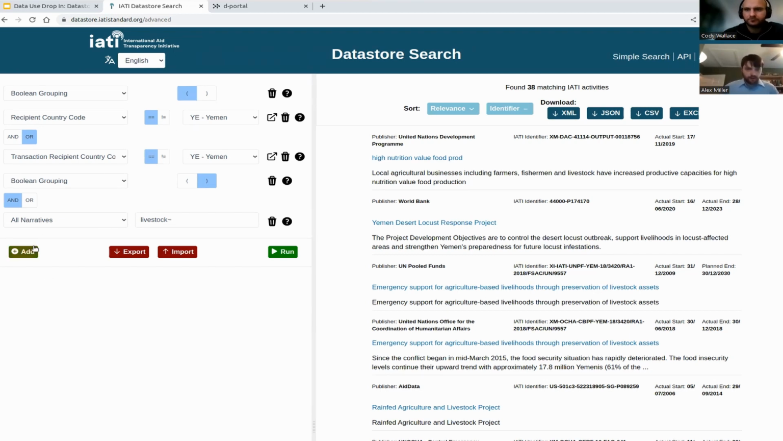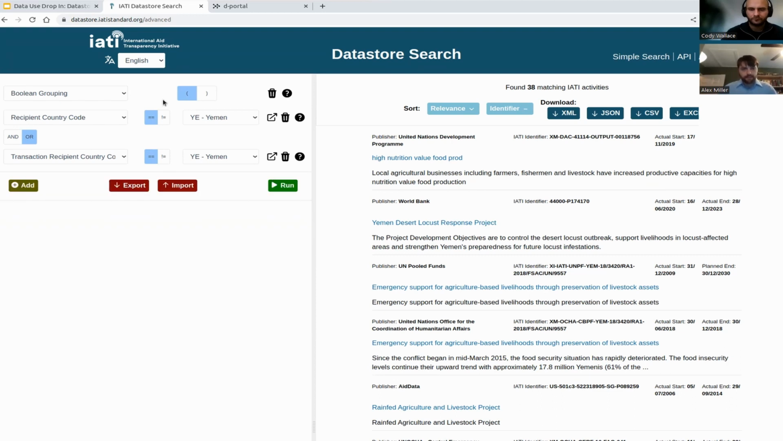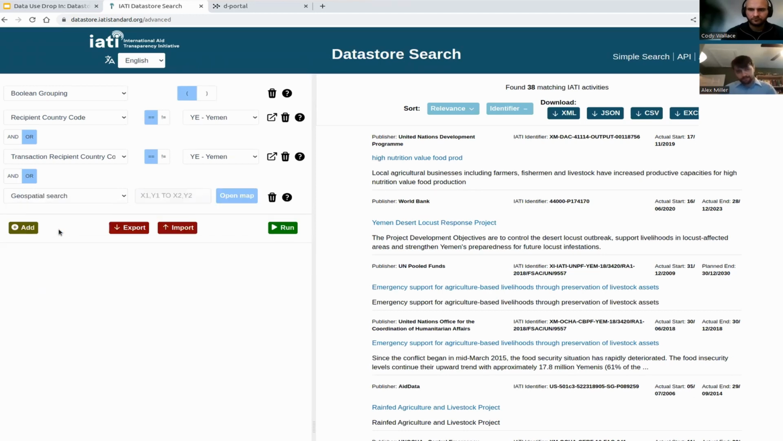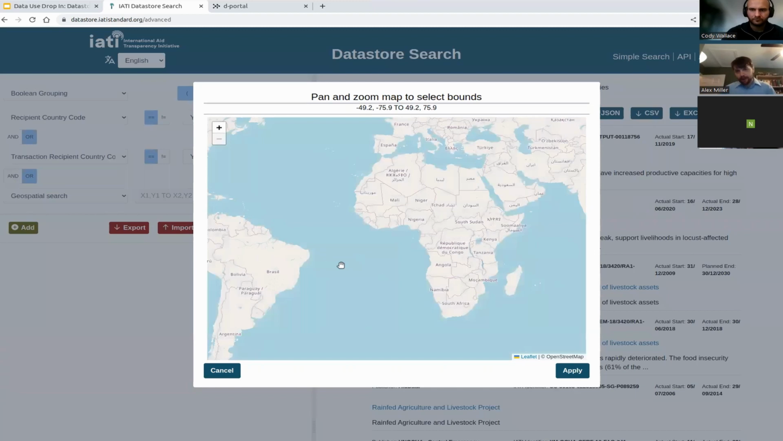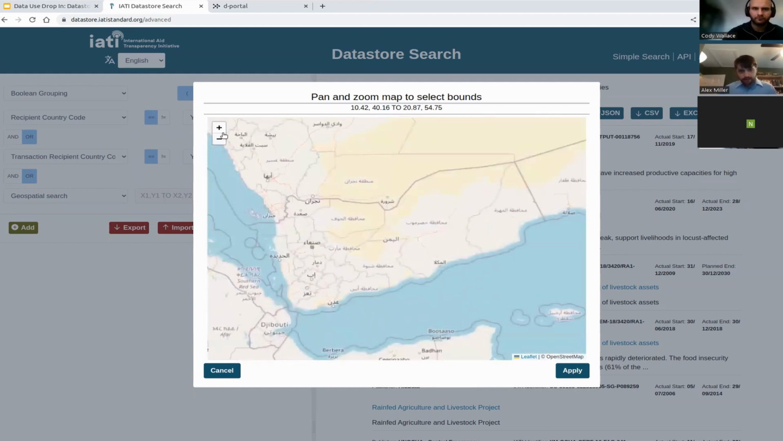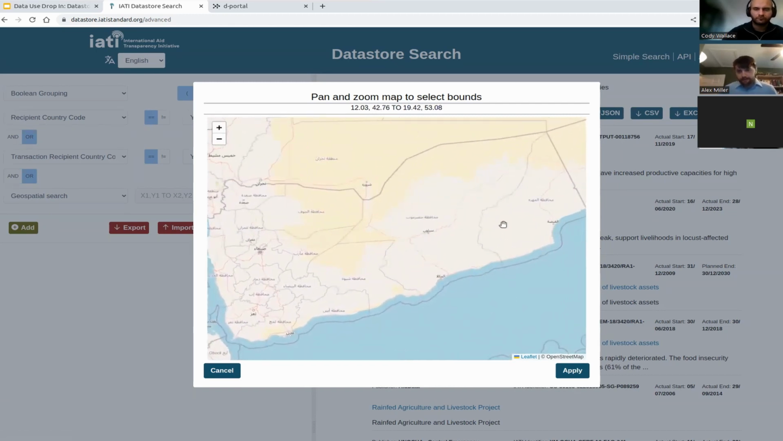And a couple more pretty cool features that we've added recently. We have done a full geospatial index of every point coordinate contained within IATI as well. So in addition to just searching for these definite country codes, I can add in here the geospatial search special field. And this lets you open up a map. If you hold down Shift and draw a box around where you want to search, and I'll do a little bit closer to make sure we don't get too many other countries,